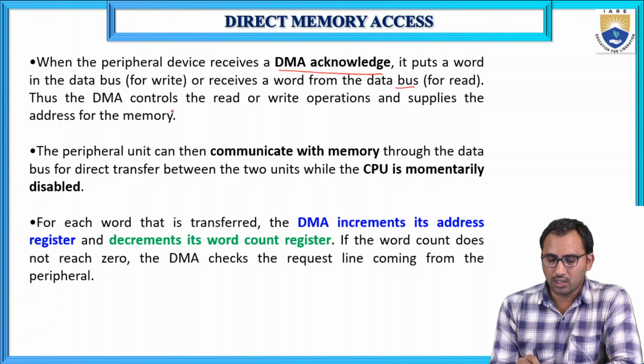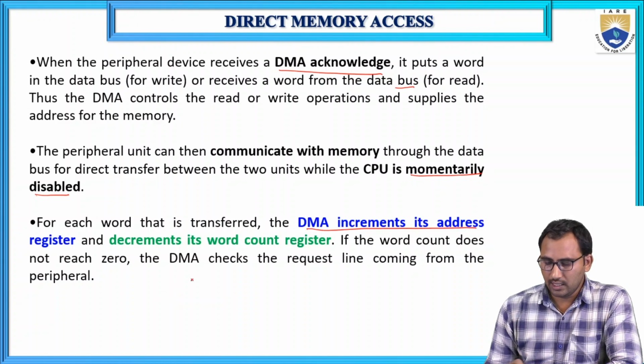The DMA controls the read or write operations and supplies the address for the memory. So the peripheral unit can then communicate with memory through the data buses for direct transfer between two units, while the CPU is momentarily disabled. For each word that is transferred, the DMA increments its address register. So for each word transfer from the IO device to the memory, or from the memory to the